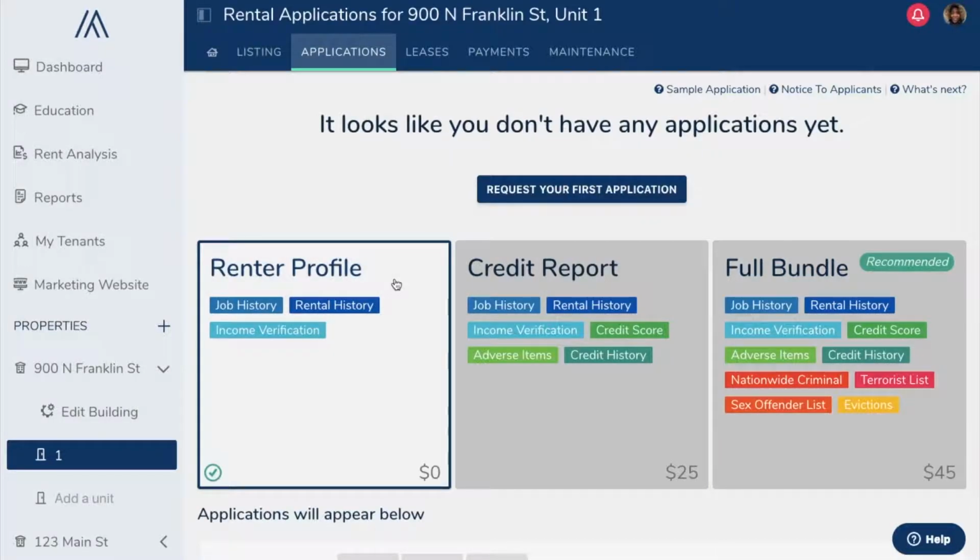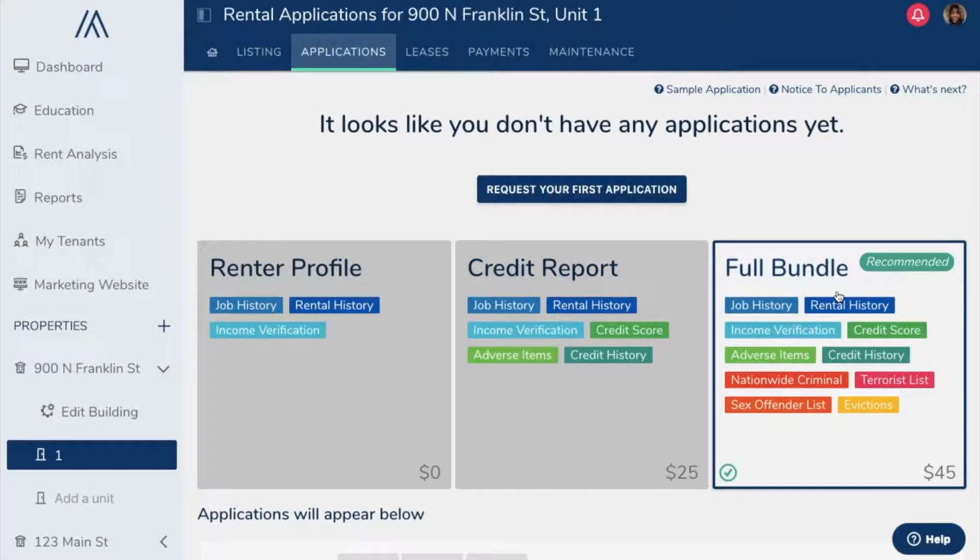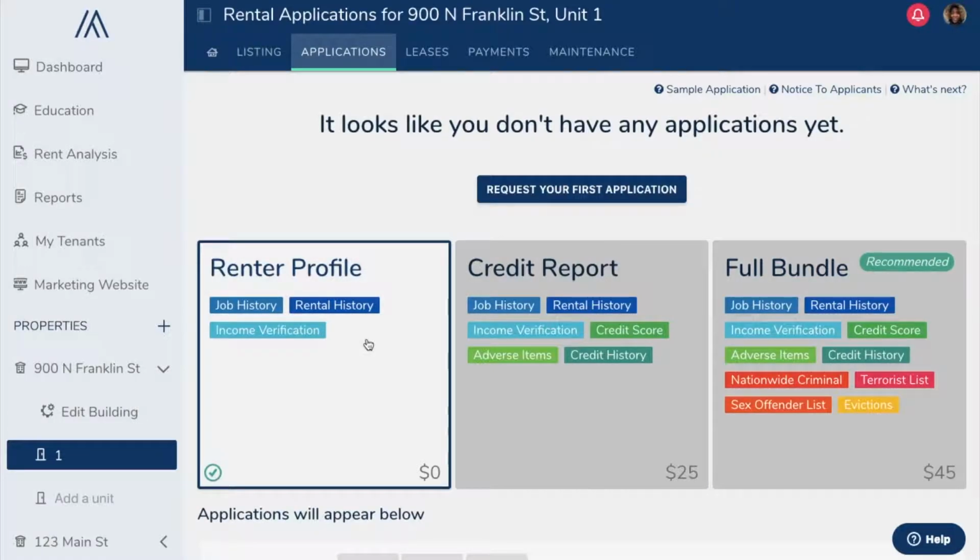As a recap, we have 3 types of reports: the renter profile, the credit report, and the full bundle report. The renter profile consists of the quintessential basic application must-haves. This application request, which is complimentary, asks tenant applicants to provide personal information with regard to job history, rental history,